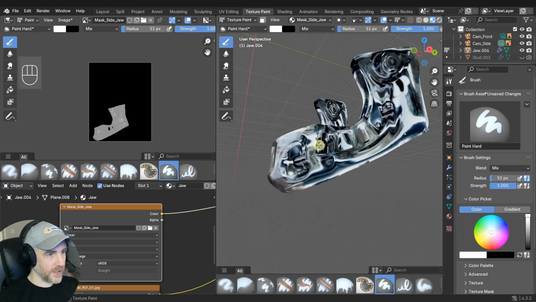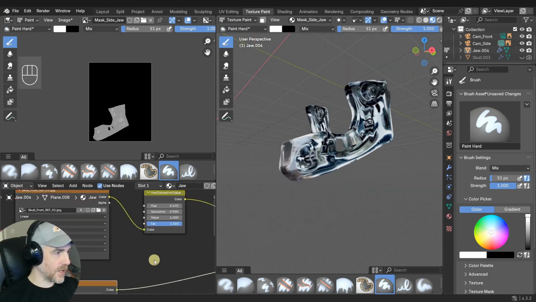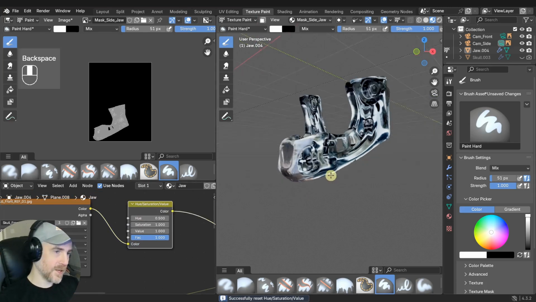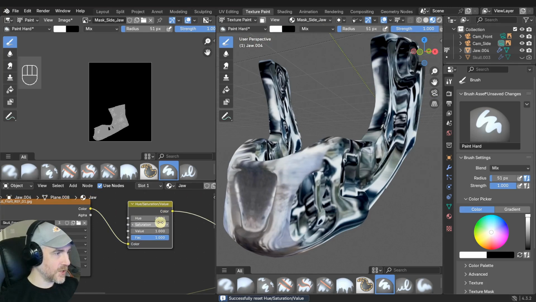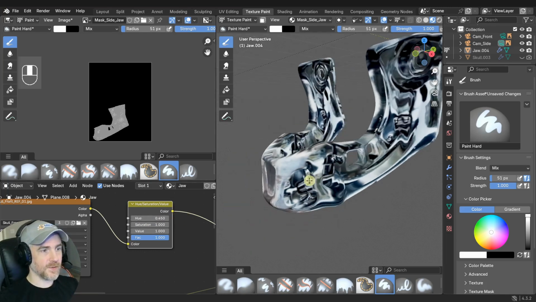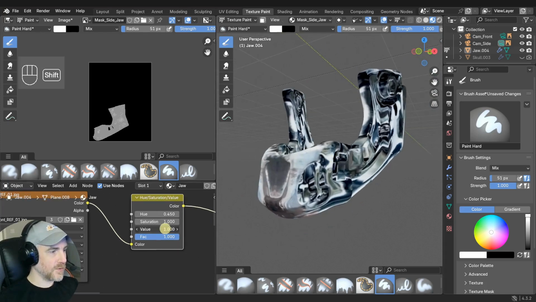And this color is really off, so we can change that hue again. Let's click this, press backspace again to go to the defaults. And then we want to try to change the hue. I'm going to hold down Shift while I do this. Just try to change that hue to something a lot more of the color that we're going for. So maybe, like, and it's really sensitive, so just be careful with that. We can also change the value to go down. Oh yeah, that's a little bit better. And maybe the saturation. All right, that blends it in a little bit better,